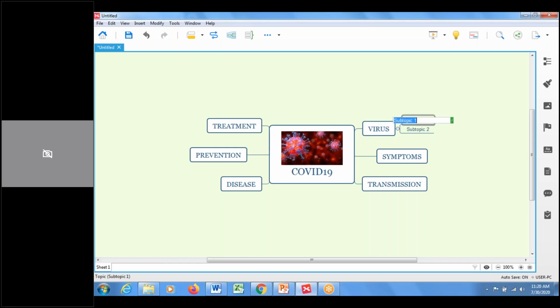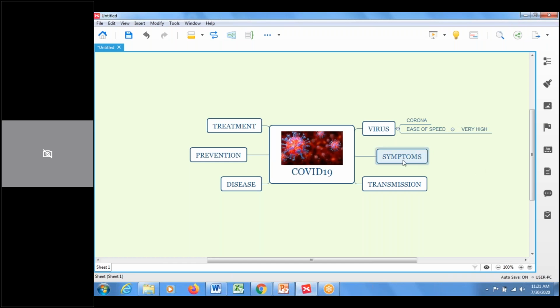Let me now type. So this is a coronavirus, fine, and it is ease of spread, how fast it spreads, fine. And what about ease of spread? I again left click, single right click, insert subtopic. I can say that it is very high. The ease of spread, how fast it spreads, very high, something like that, fine. The virus is a coronavirus and it transmits very fast.